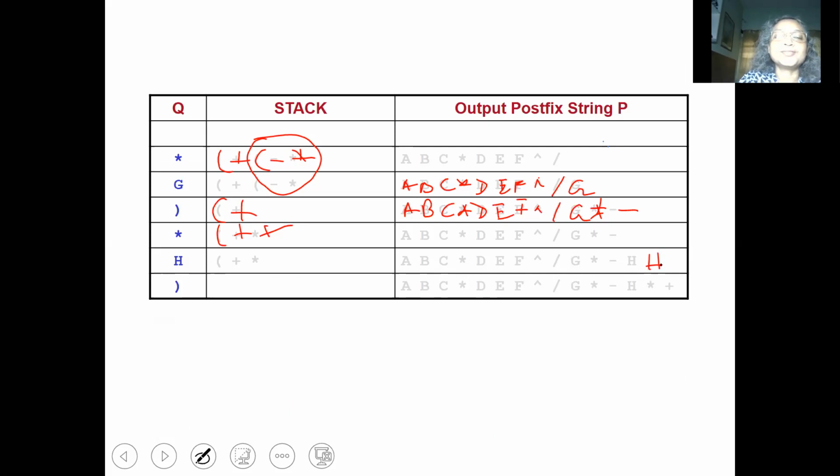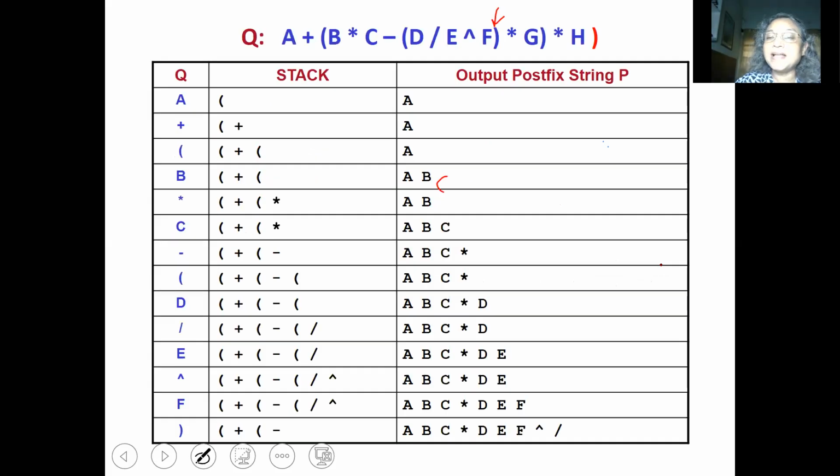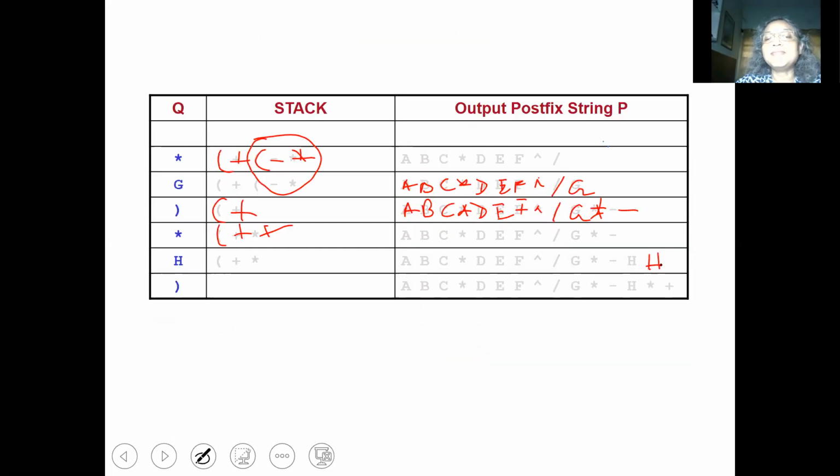The whole thing is repeated. And then we get this right parenthesis, which we added. When we get the right parenthesis, we now take out all the other operators which are on the stack, which is star and plus. So the stack becomes empty.